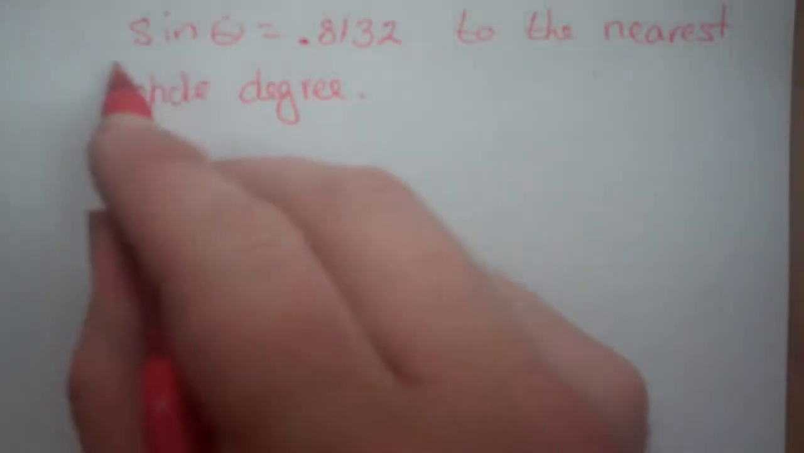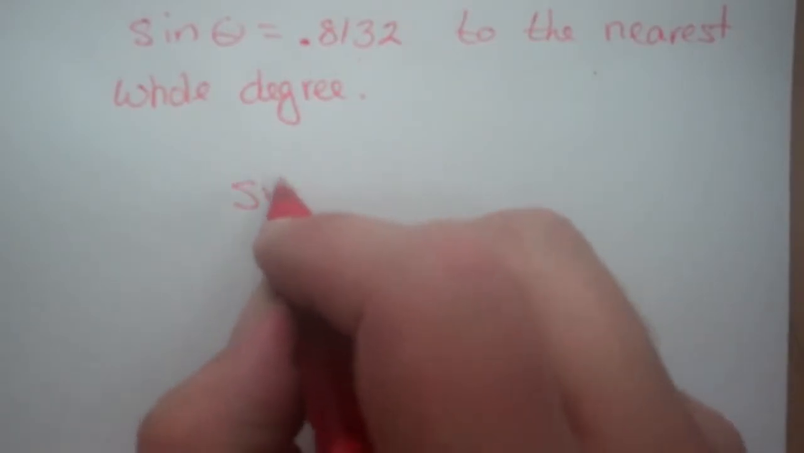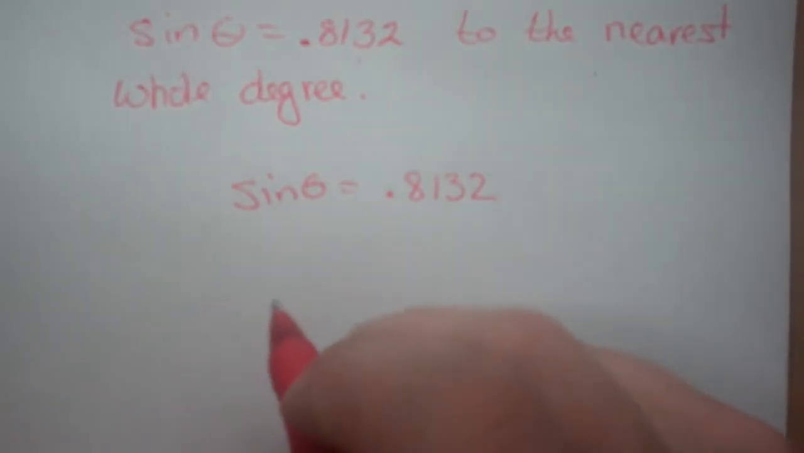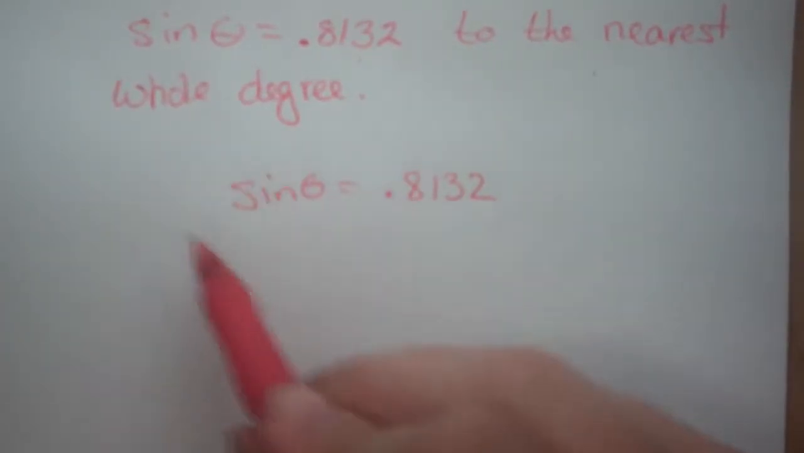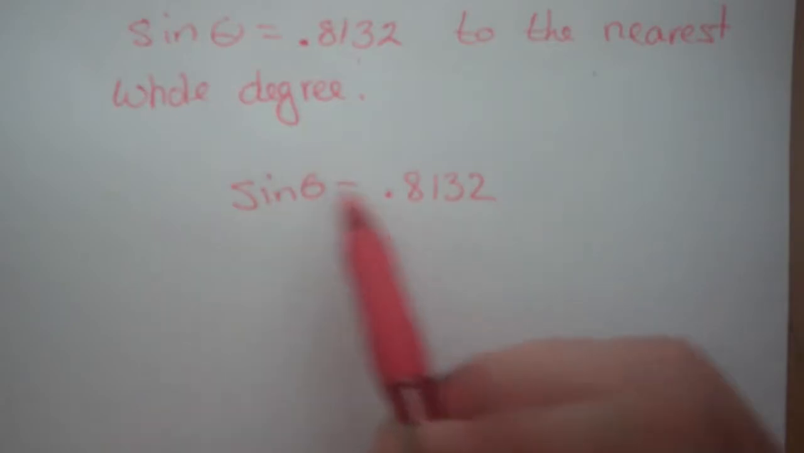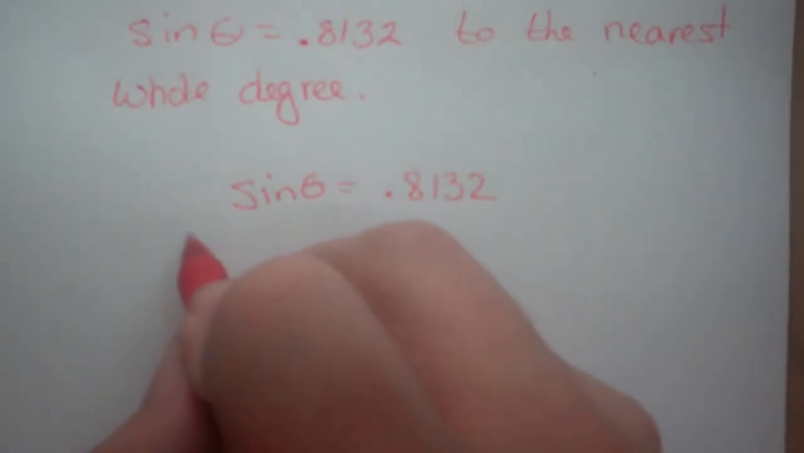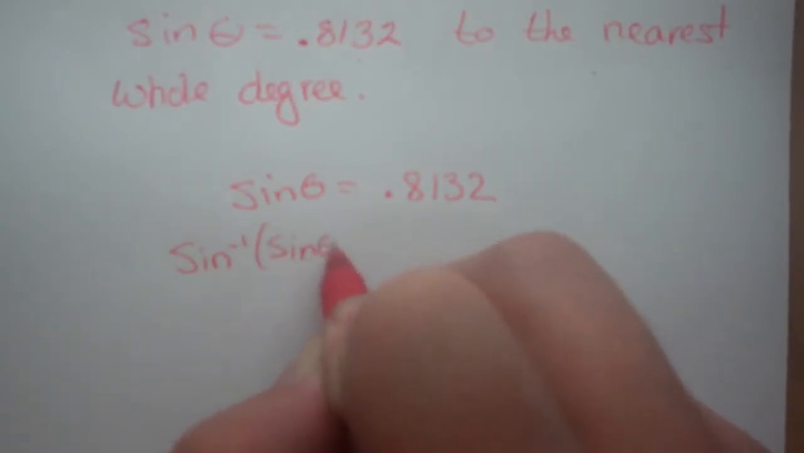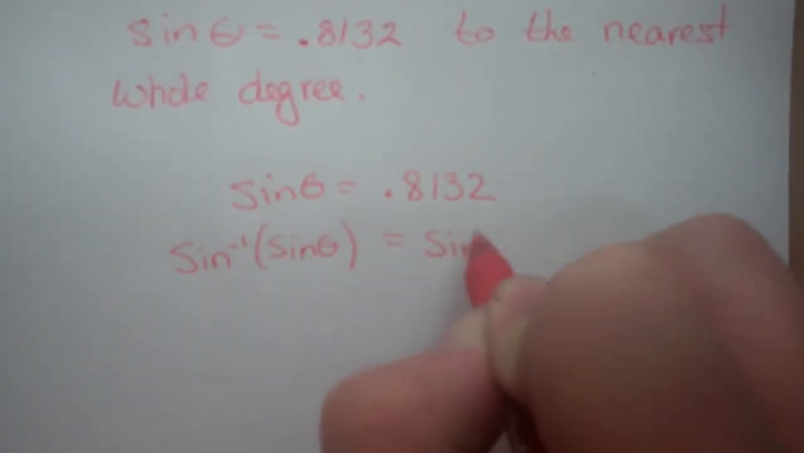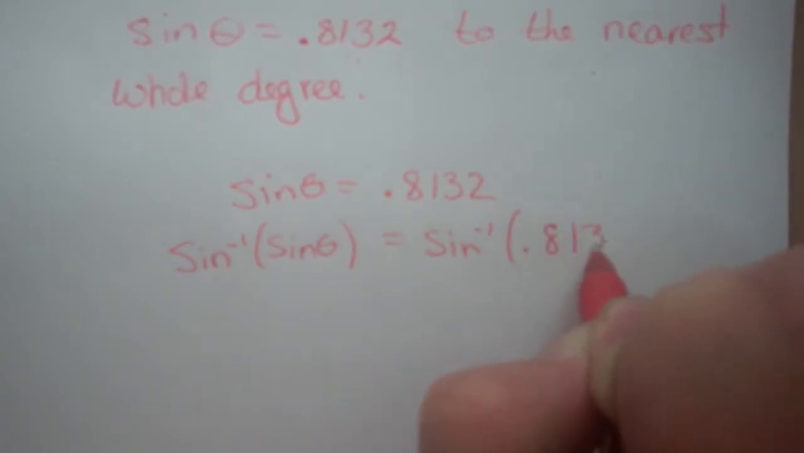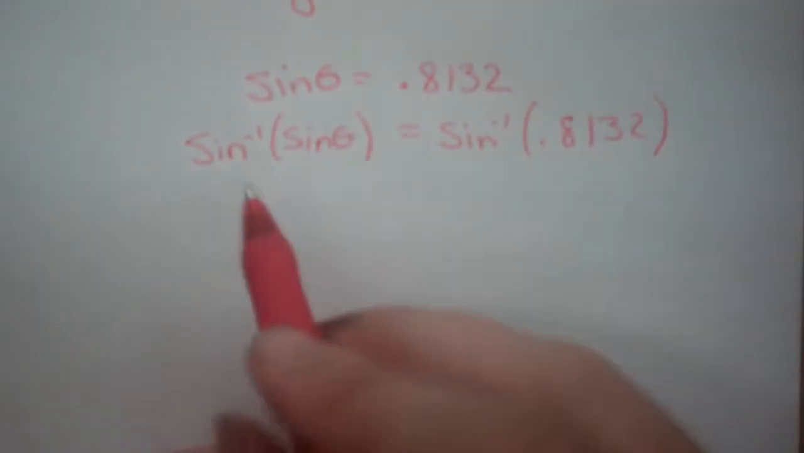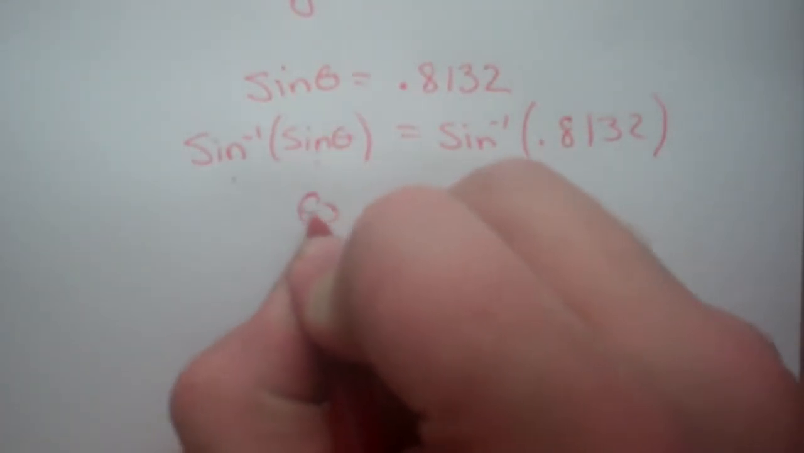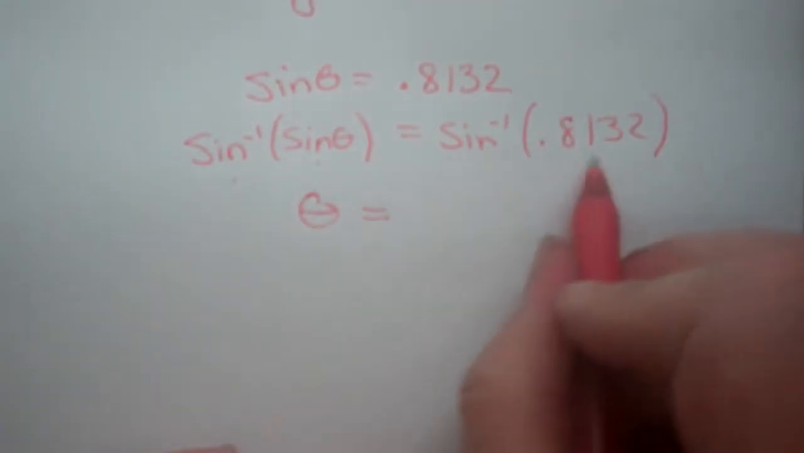So, to have room to work, I'll bring this equation down. This is the sine of theta is equal to 0.8132. And to solve this one now, I'll undo the sine by using the inverse sine on both sides. So this is the inverse sine of the sine of theta is equal to the inverse sine of 0.8132. The inverse sine and the sine undo each other, and we just end up with theta is equal to,